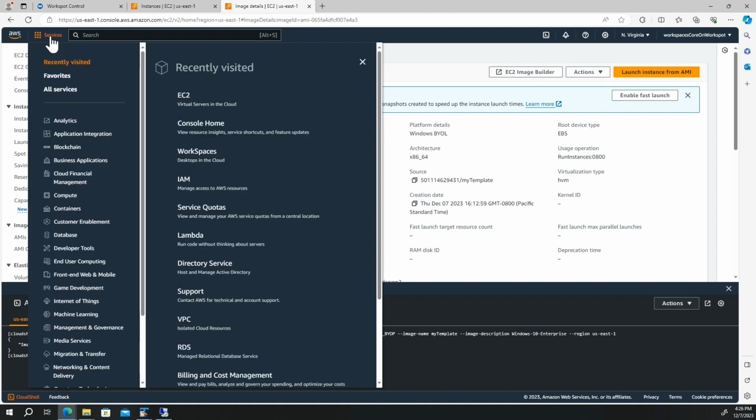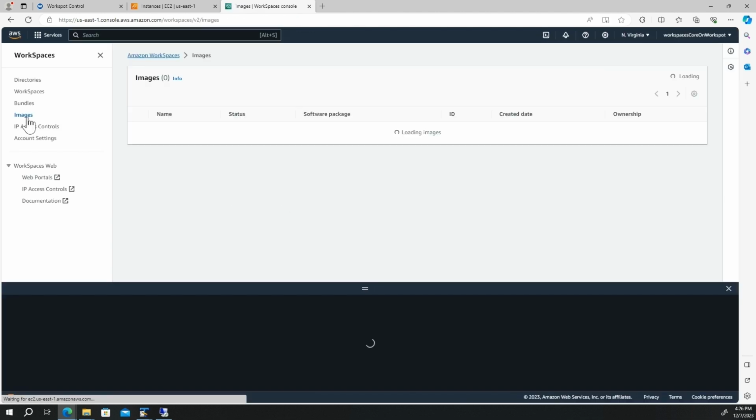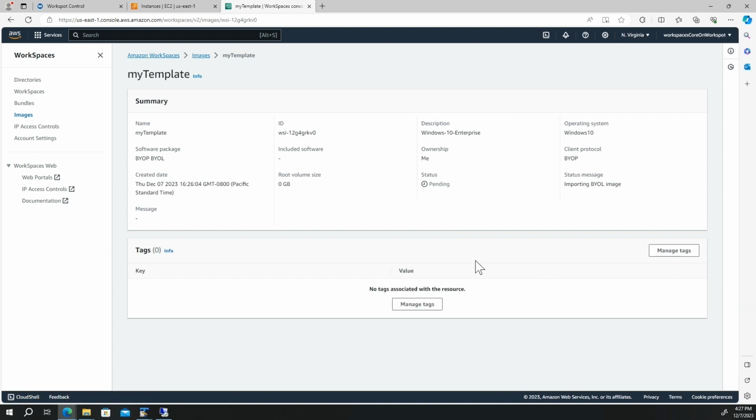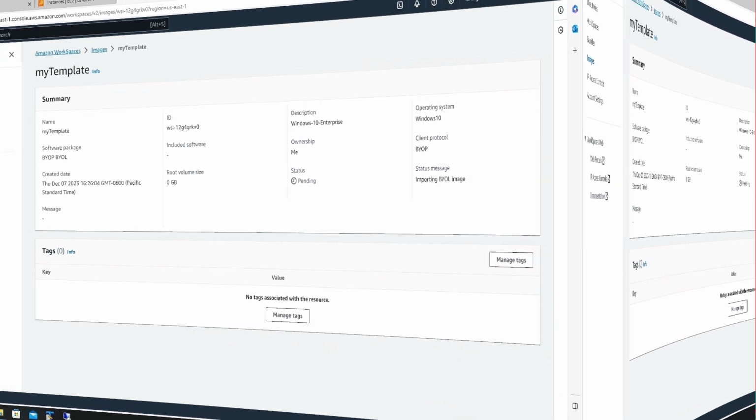In the Workspaces console, under Images, you can monitor the status. After about 30 to 45 minutes,